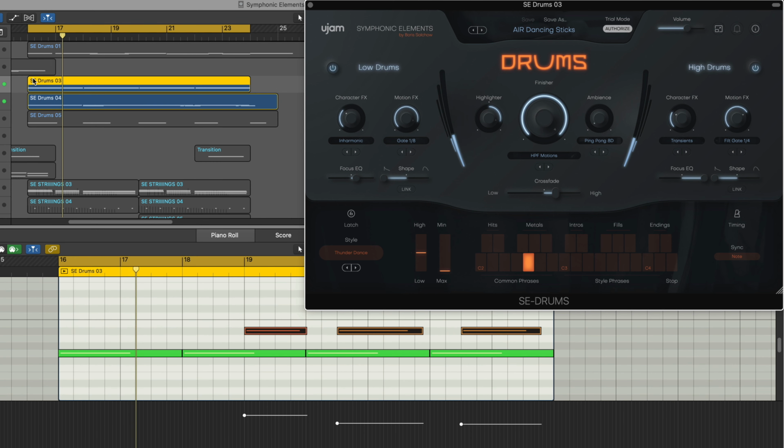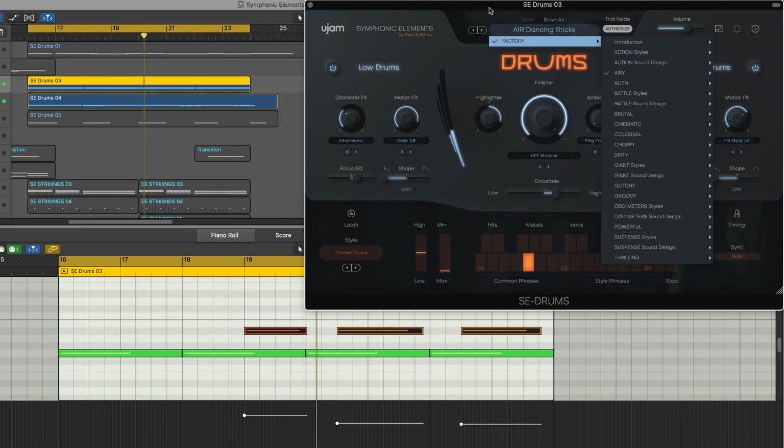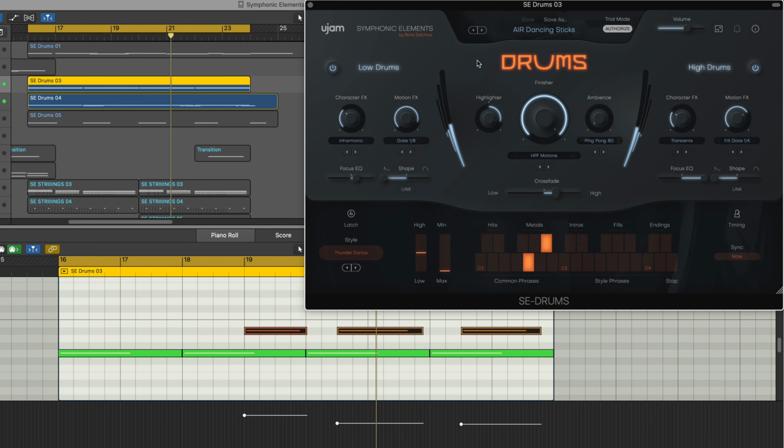Next, I have two instances of drums, hard panned, both with different presets from the Airy category, focusing on top-end content material. The first is using the filtering, the finisher, and the crossfade to emphasize the high end, as well as the focus EQ. And the transient controls are emphasizing the transients for the sharp attack, as well as the character